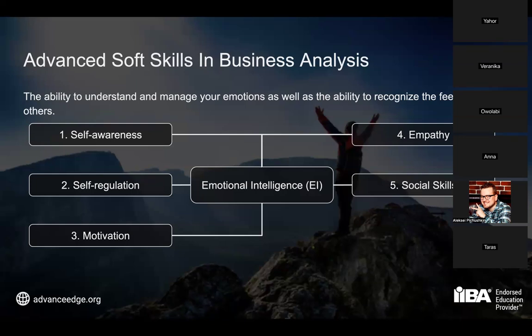And emotional intelligence has 5 components to it. And as you can currently see, they are numbered here. And it's not just because I want to show you that there are 5 of them, but because the order in which they are numbered is important. And it influences the other skills that come after the first one, for example.